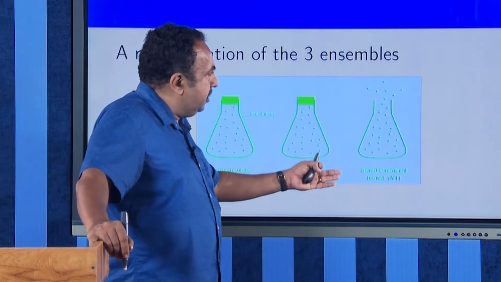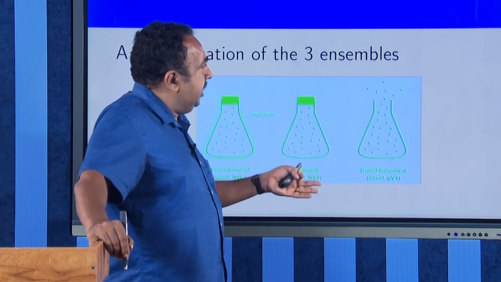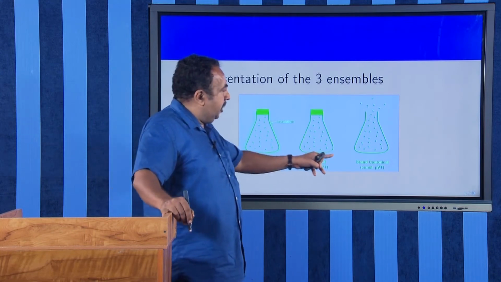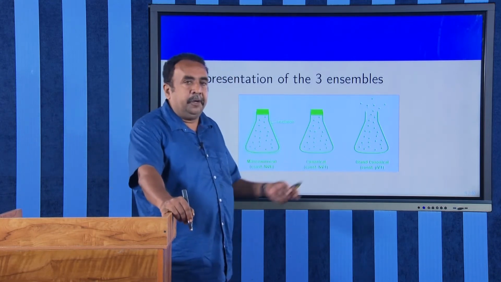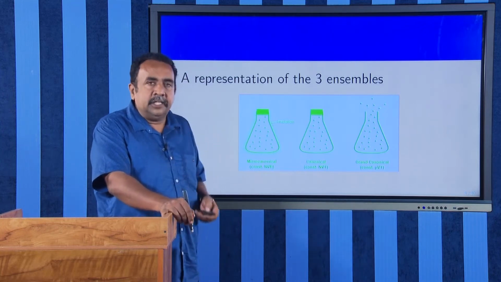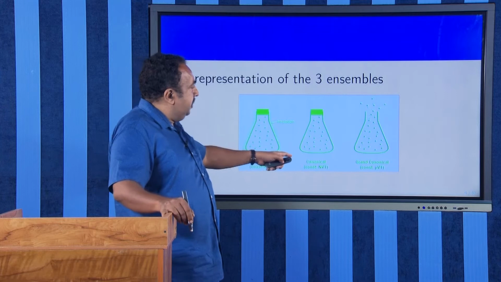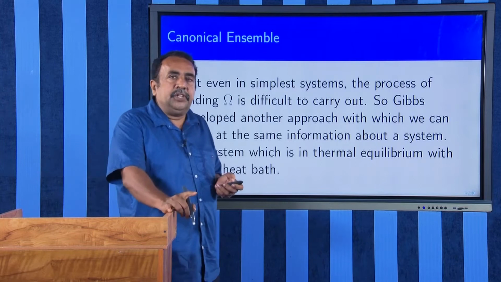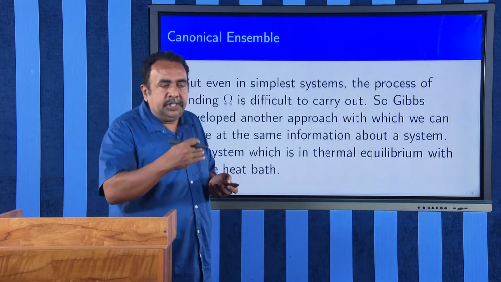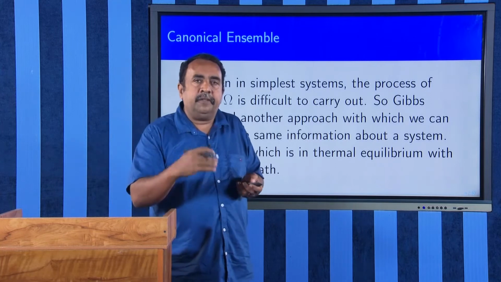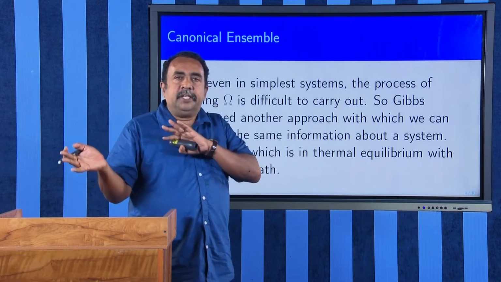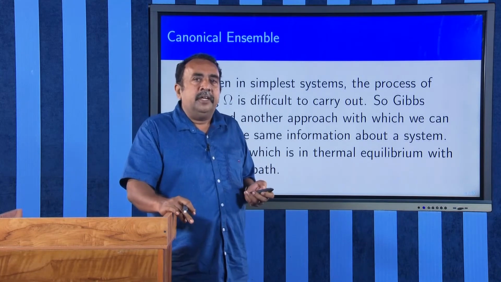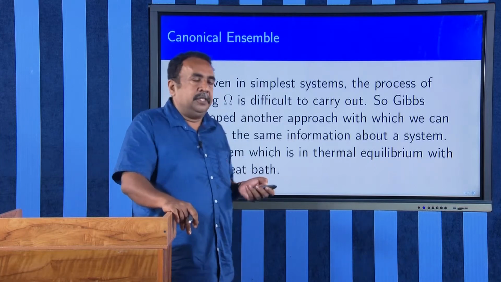But in the grand canonical ensemble, there is a chance that particles can escape from the system, or particles can be added to the system. And in that case, we will be keeping temperature, volume and chemical potential. All this has been discussed earlier. Now, in this section, we will be dealing with the canonical ensemble. In this canonical ensemble, the system is in thermal equilibrium, exchanging energy with the surroundings or the environment, and finally the temperature of the environment and the temperature of the system will be equal, and at that time we will start calculating the thermodynamics of the canonical ensemble system.